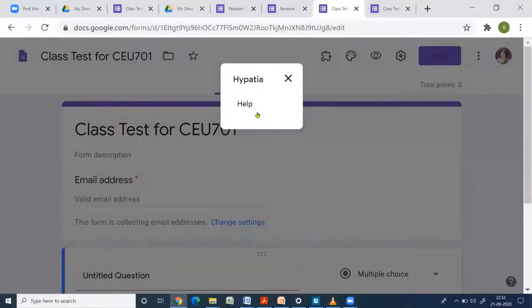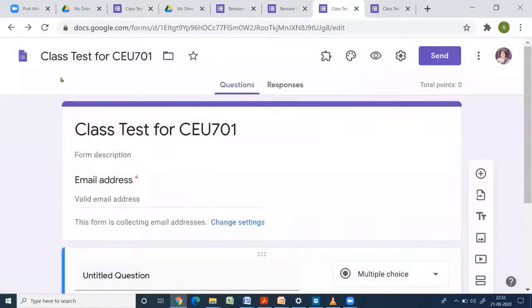Then what you need to do is simply close this and click on this refresh button on your page. Sometimes it happens that the add-on is stuck somewhere, and you have to again click on Hypatia and then you can start your work.